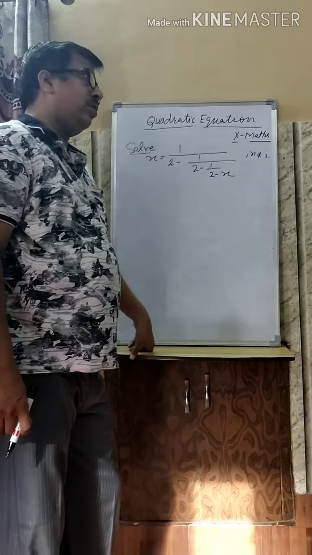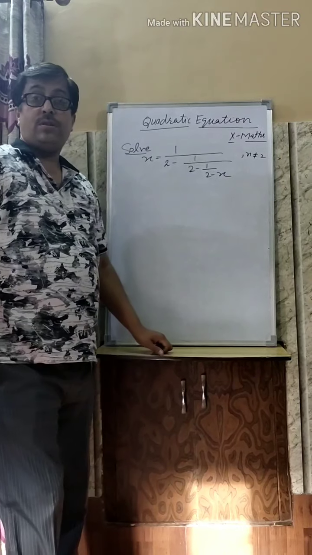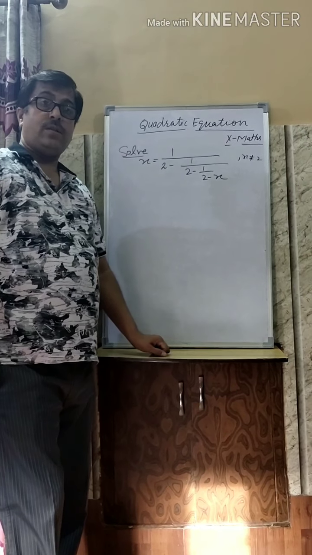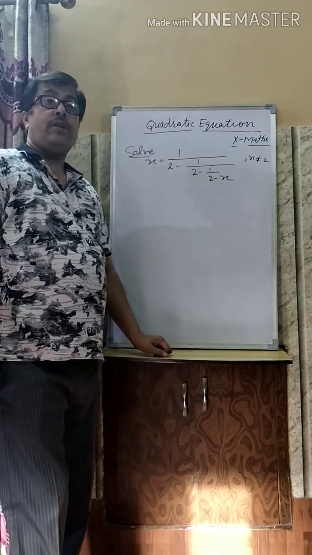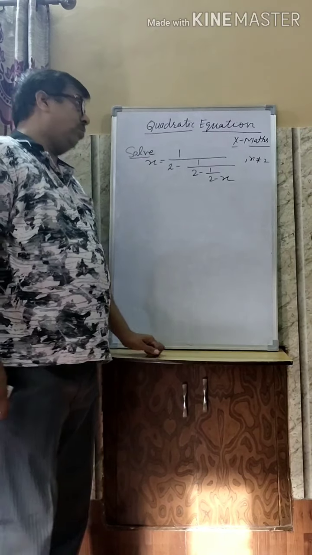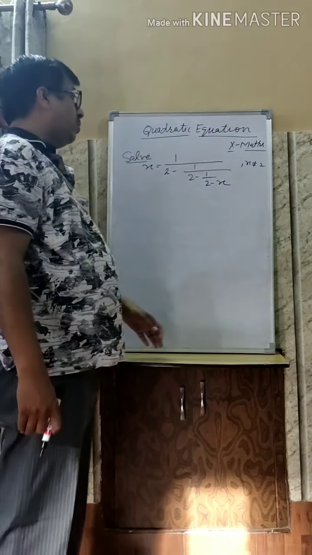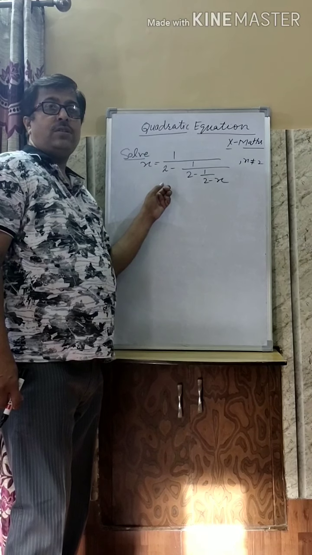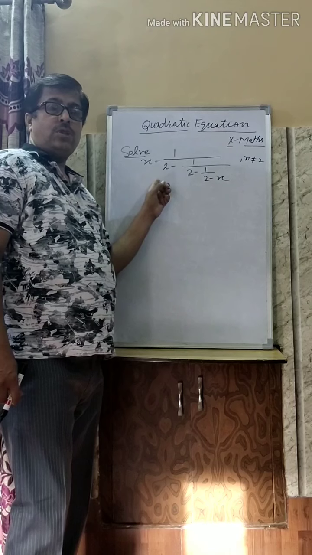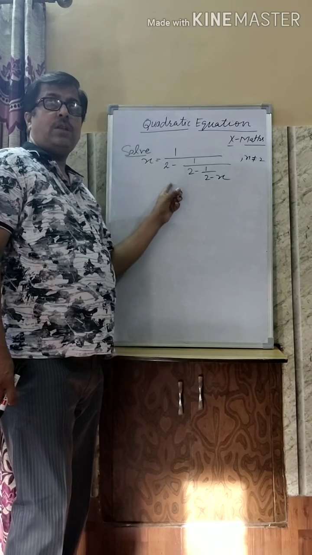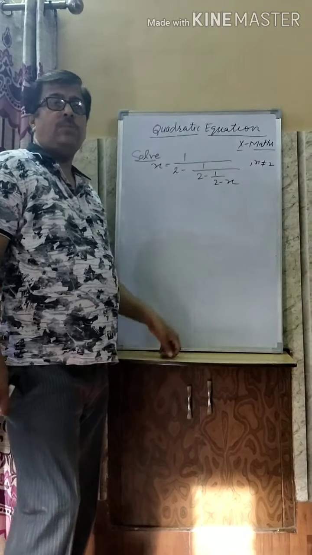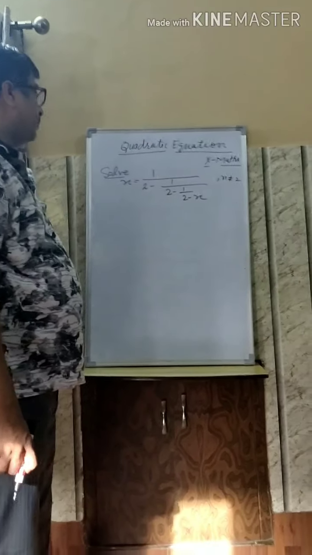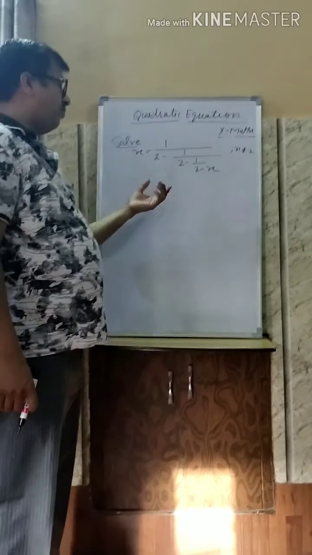Yesterday we have done how to solve the quadratic equation by factorization method and by using quadratic formula. One student gave a problem yesterday. I think Daksha has given this problem. So now we are solving. How to simplify? I think it is very simple.